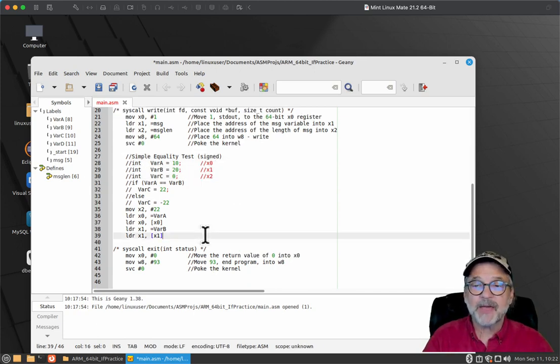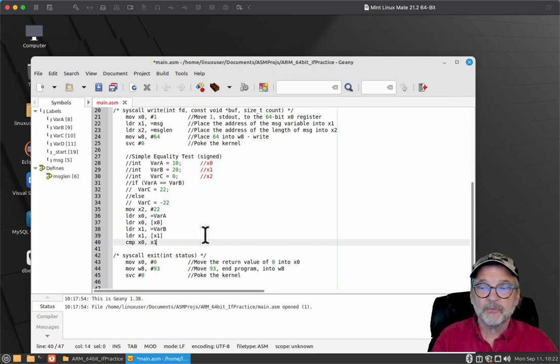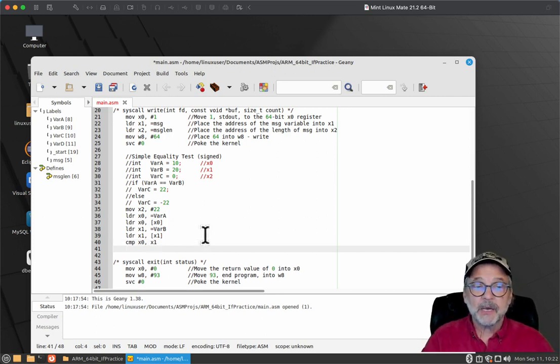All right, so now we've got our data located into our registers. Now I'm going to compare x0 with x1. So I'm going to do the comparison. Now, because we are simply looking at equality, it doesn't matter if it's signed or unsigned, so we're going to use the same branch. I'm going to branch if equal